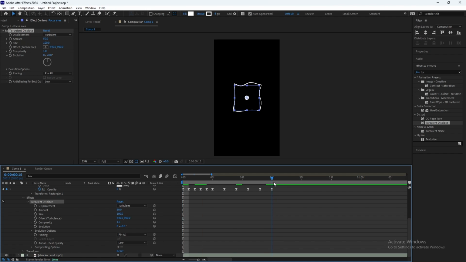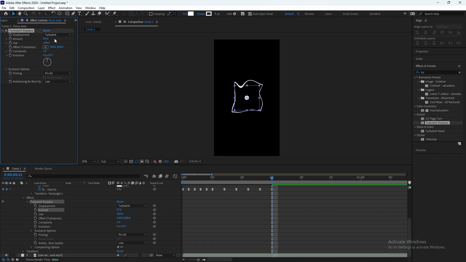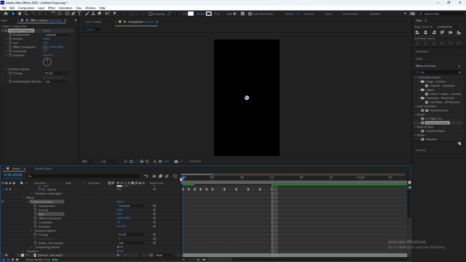Now first of all go here and change it to your liking. We can do something like this, something that looks distorted, okay? Then click the size and amount, and go here, click the size and amount, and go back and put both of them to 0.